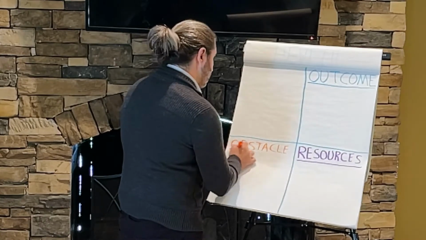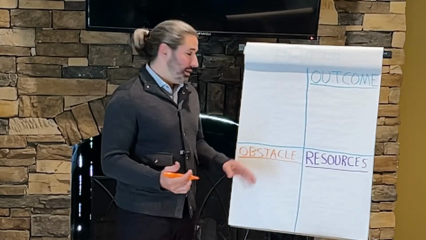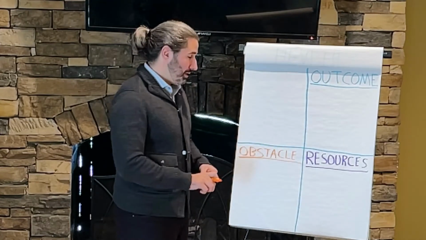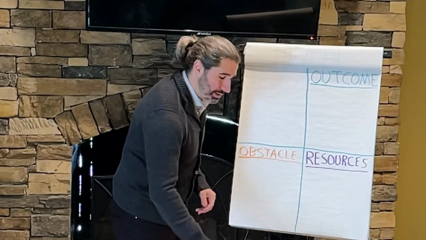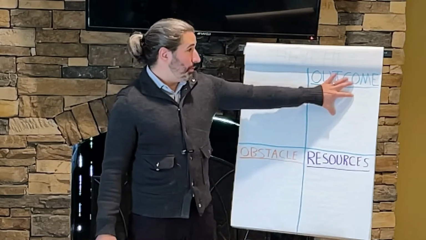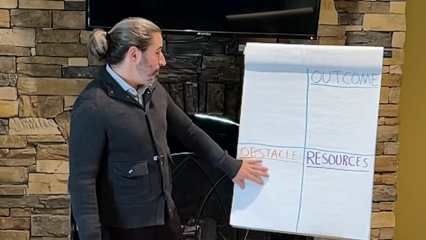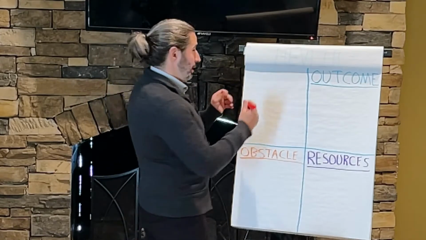When I first started coaching, I used to write obstacle like "obsticle," but it's obstacle. That's just how it is. So in case you don't write that word too often, I didn't when I first started, now I do all the time. So we have outcome, upper right, resources, lower right, obstacle, lower left, and now problems, which is upper